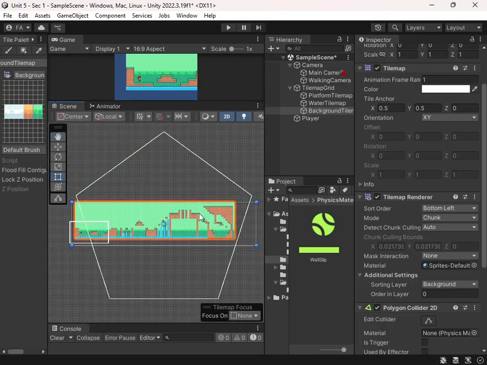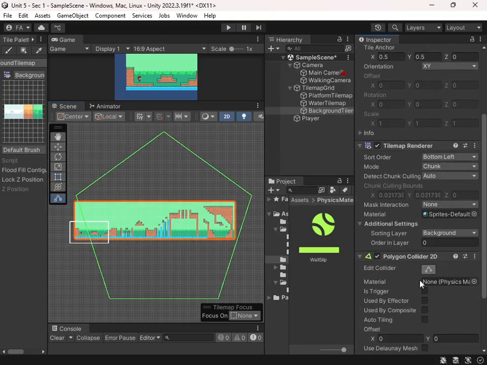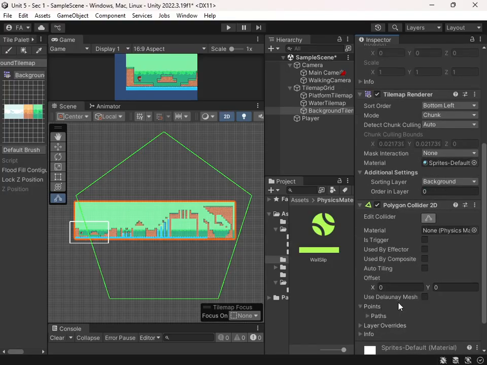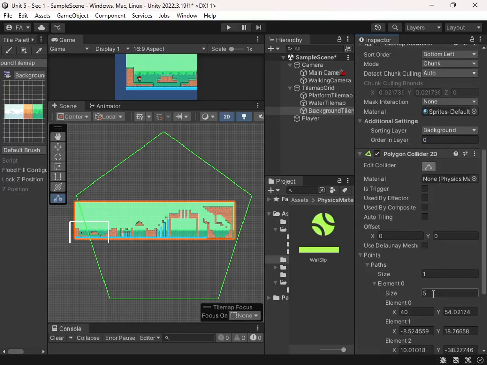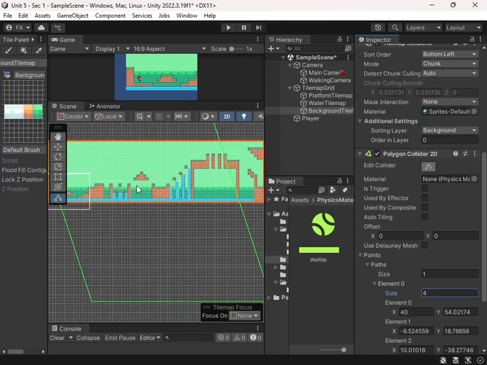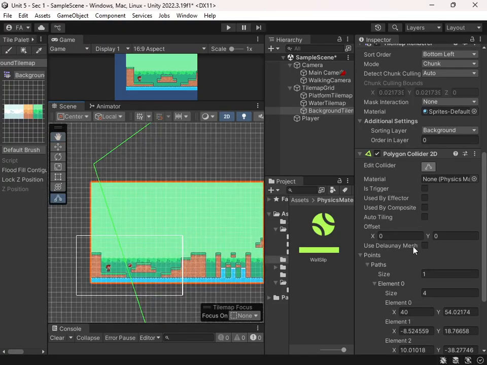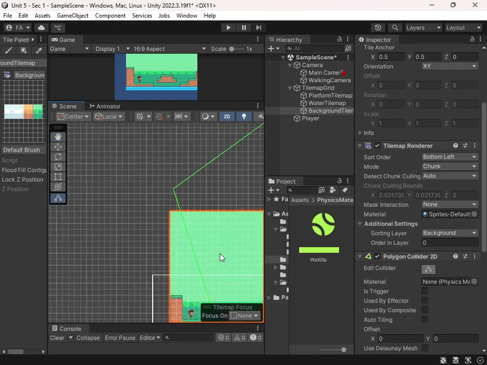It's a very big pentagon, but we can still edit this. So we want a square. If you want a square, you could explore this: points, paths, size, element 0. Currently size is 5, so 5 points. Or you can add along the way. But we want this to be a square, so I'll do 4 elements,